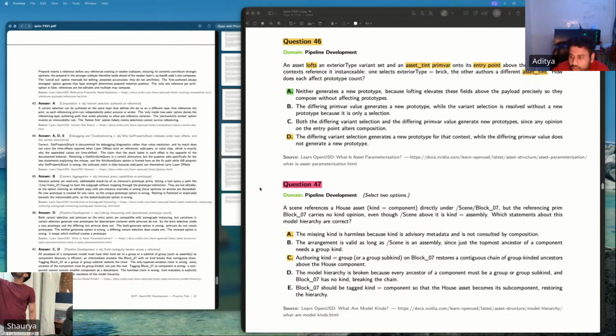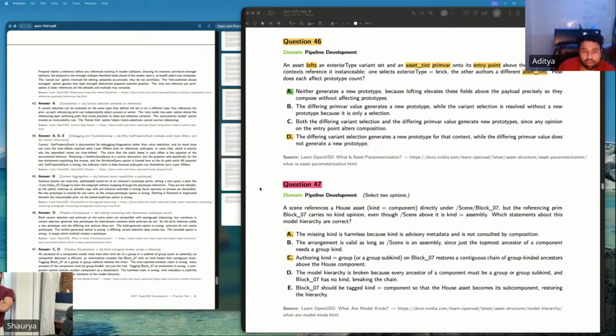That is the rule. So all ancestors of a component model must have their kind metadata set to either a group or a subkind of a group, such as assembly. So that is a definite rule that you need to have, that all the ancestors.